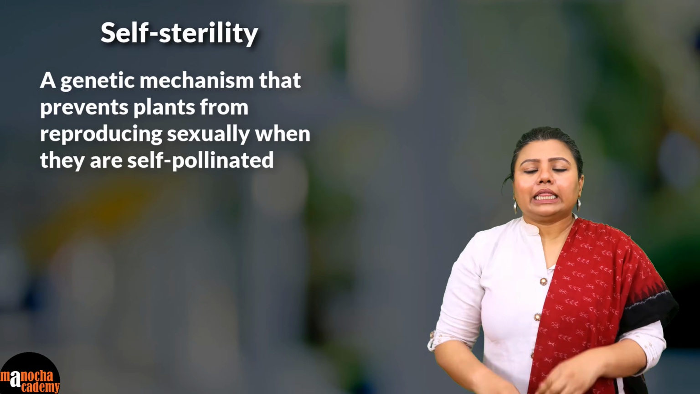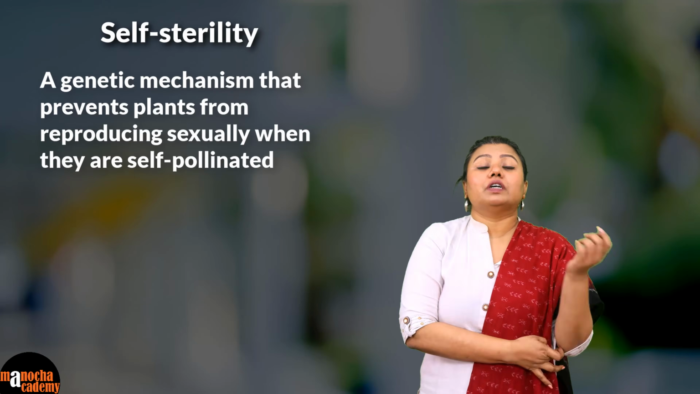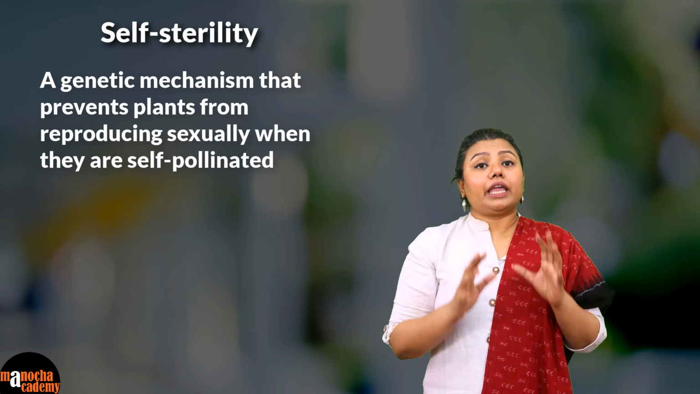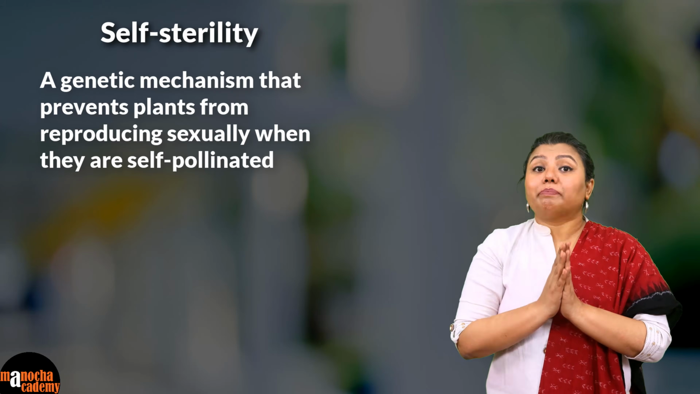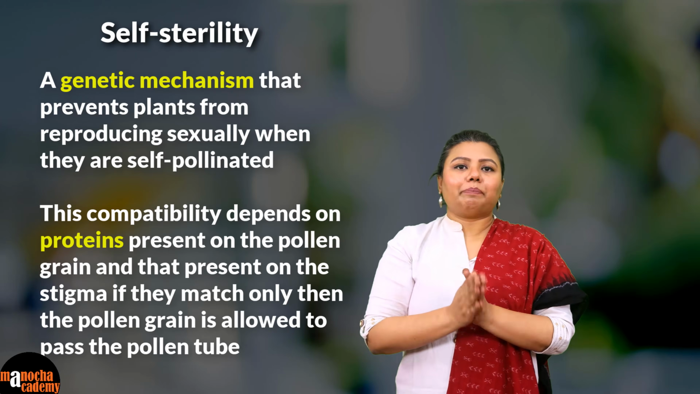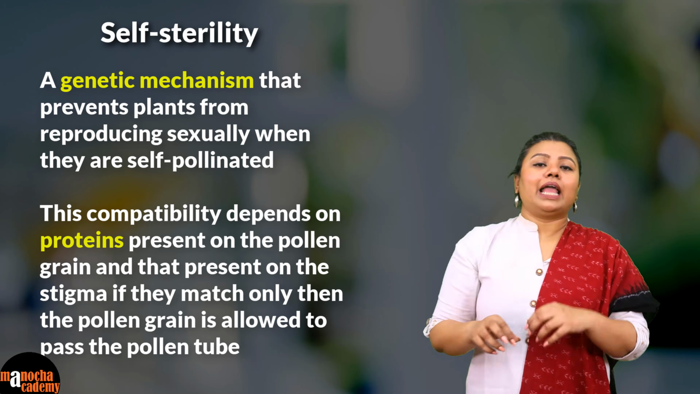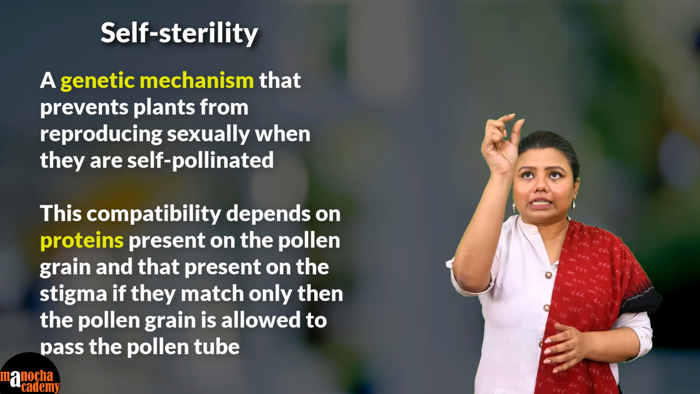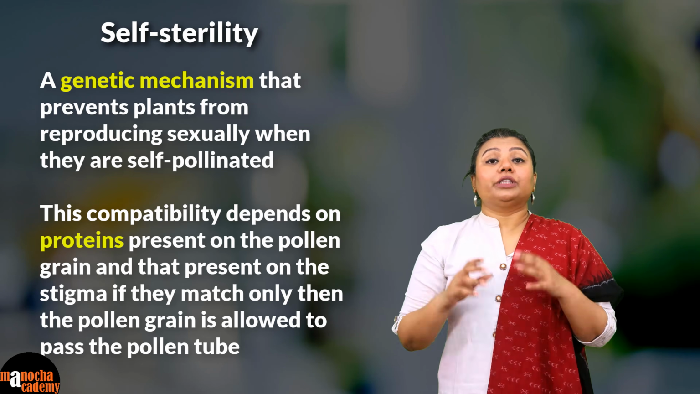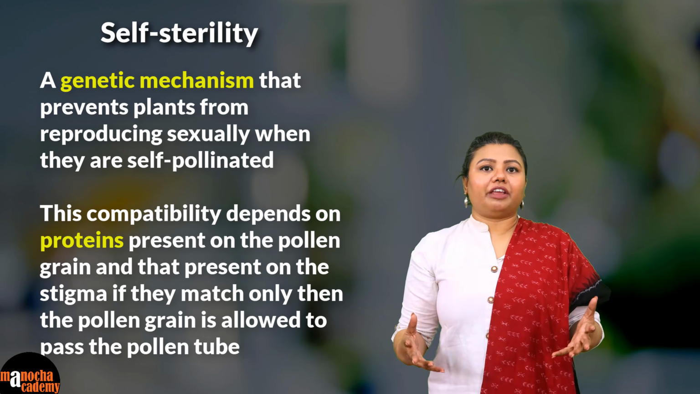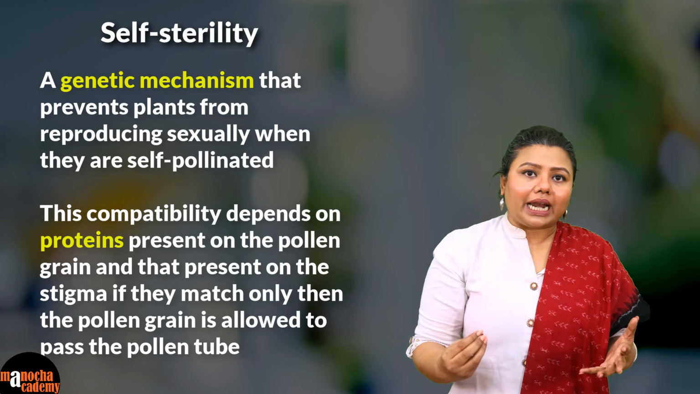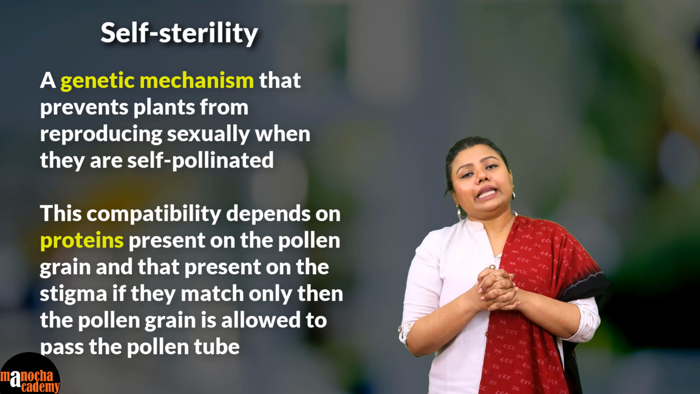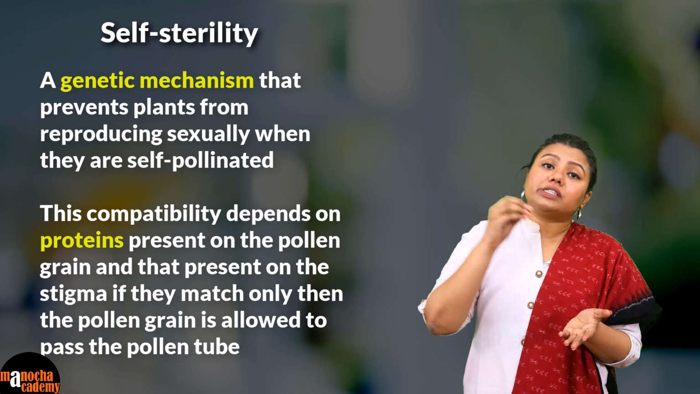It has been seen that the pollen grain will only be able to fertilize or pass through the stigma for double fertilization if the pollen grain and the stigma are compatible. This compatibility depends on proteins present on the pollen grain and that present on the stigma. If they match, only then the pollen grain is allowed to form the pollen tube. If the protein on the pollen grain and the protein on the stigma are not matching, they are not compatible, then even if the pollen grain falls on the stigma of the